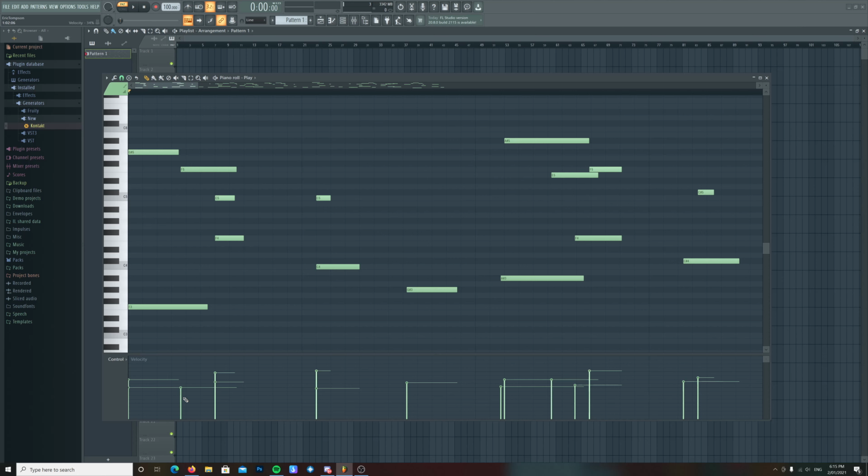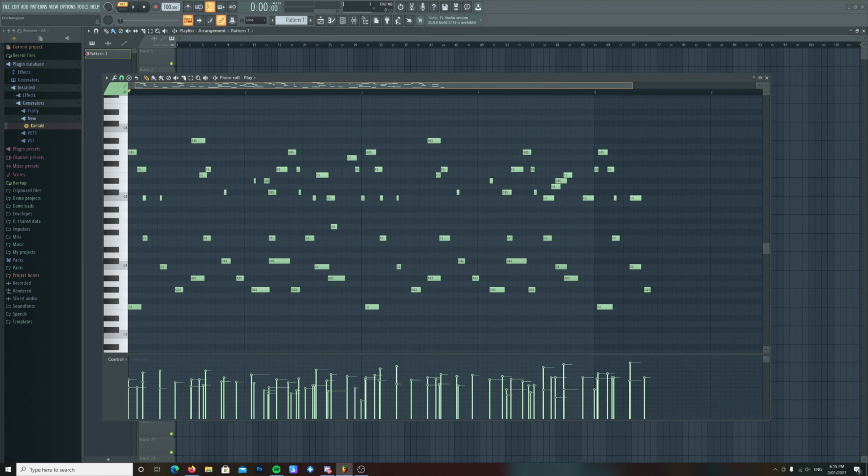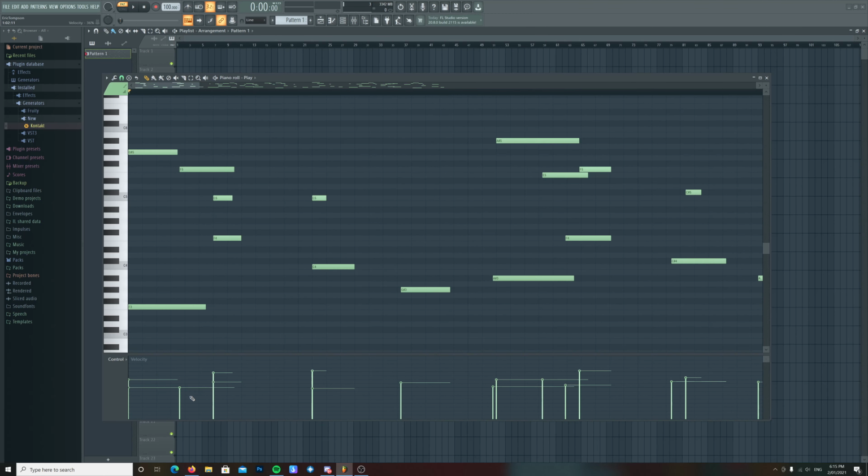Changing dynamics, as I alluded to before, these little bars at the bottom here control the velocity of the notes, which is a fancy way of saying the volume basically, but not necessarily, because if you're using a good piano plugin, it won't just be the volume that it changes. So if you go really down low, that should be a low volume, and if you go up high, that's a really high volume. But it's not just the volume, and that's probably not the best way of thinking of it, because if you have a good, realistic piano plugin, it won't just change the volume, but also